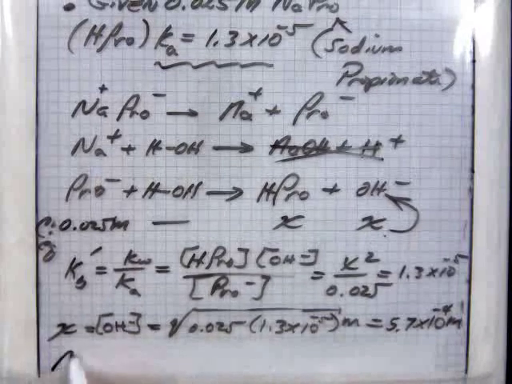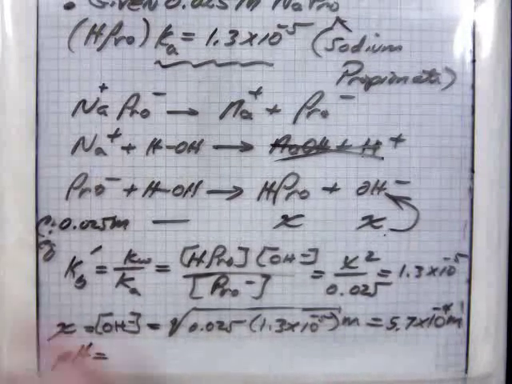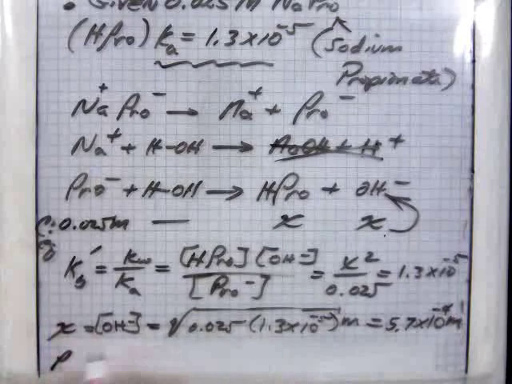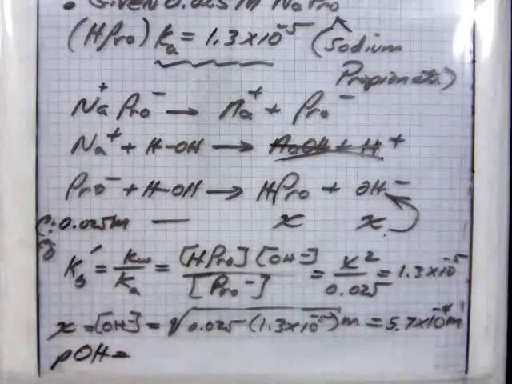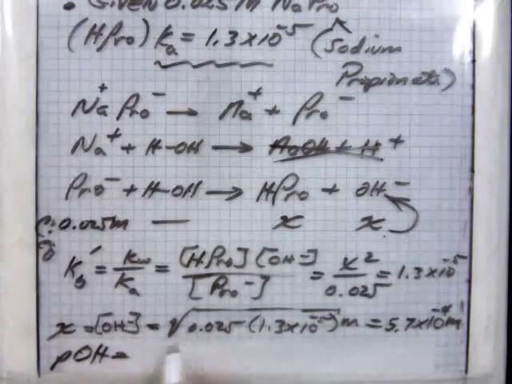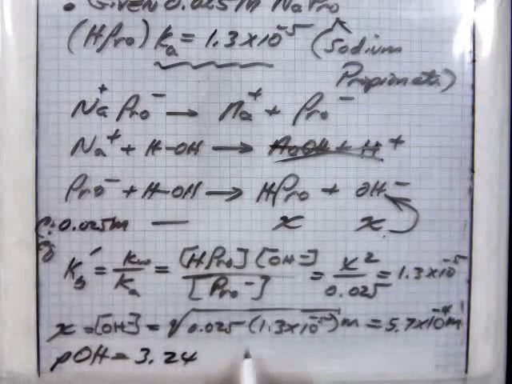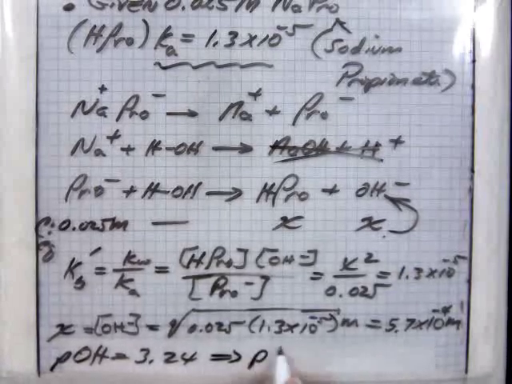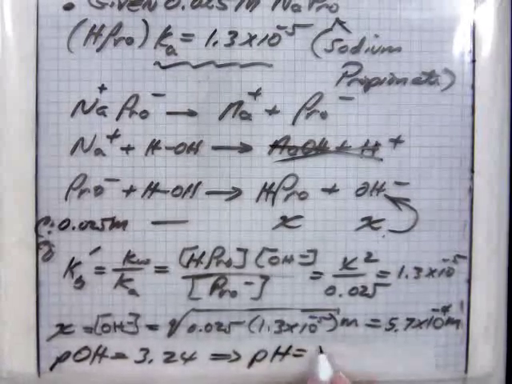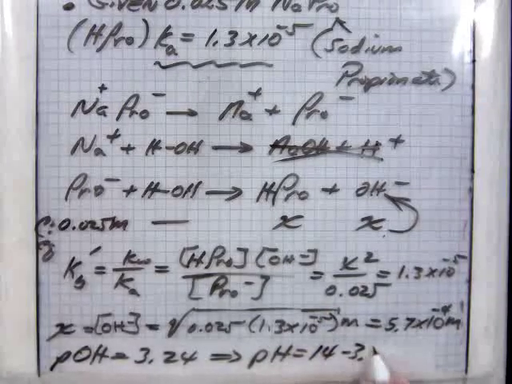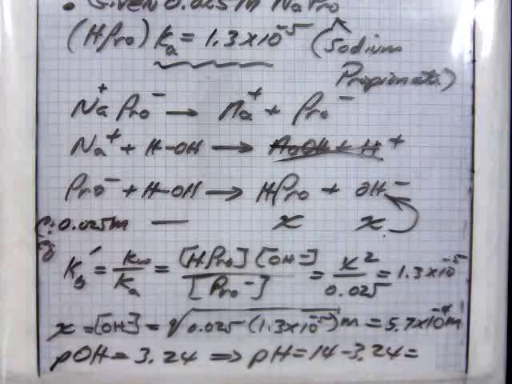So that gives me a pOH. I'll hit the log button on that one. I get 3.24. And with that, I can get the pH at the equivalence point, 14 minus 3.24, and condense this down to 10.8